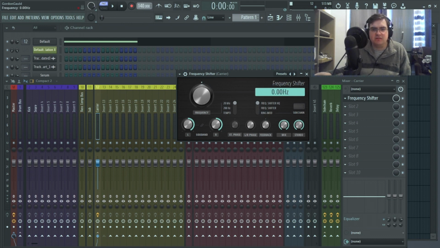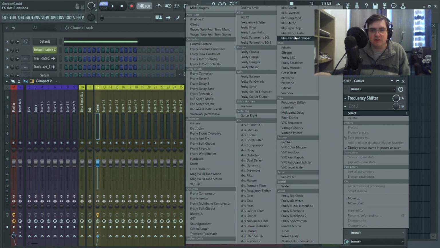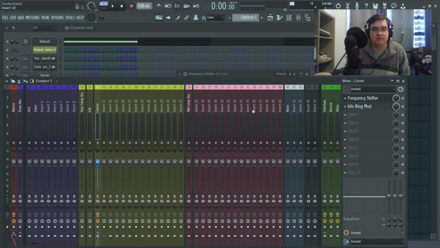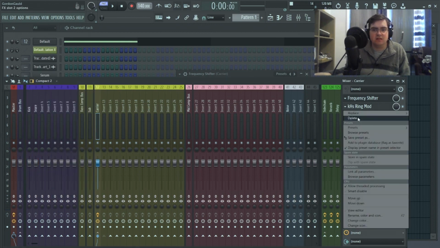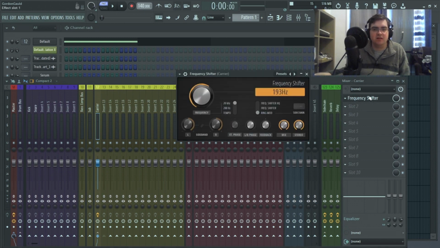But in the frequency shifter, you have a ring modulator. By default, it's like the ring modulator in the Kilohertz plugins, where the modulator is just a sine wave, but you can activate the sidechain input. The Kilohertz one also has a sidechain input, but